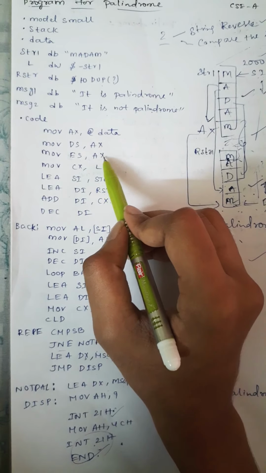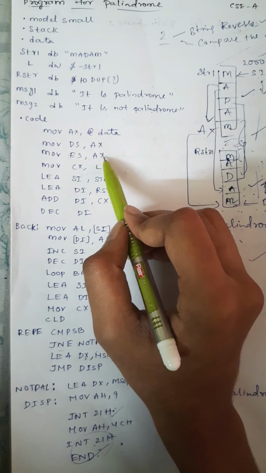After the string is reversed, we have to compare the given string. Comparing string 1 and the reverse of the string, the first location is compared with the first location, as the arrays concept is used. Here if both are the same, we print message 1 and jump to the displacement, and it is terminated. If not, we print message 2.